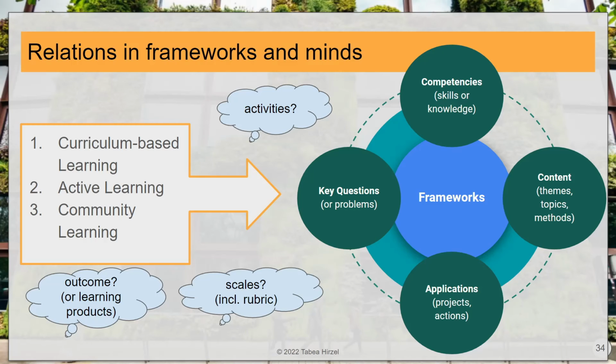Then there are three things we do not really know where to put: activities. Do these four aspects connect to activities? I feel you can connect them to activities, but you can connect them also in different ways. So you could connect them to an outcome. And scales, where shall they go? And how do you weight that? Yeah, these are open questions which are very, very important if we want an efficient way of really automizing learning.